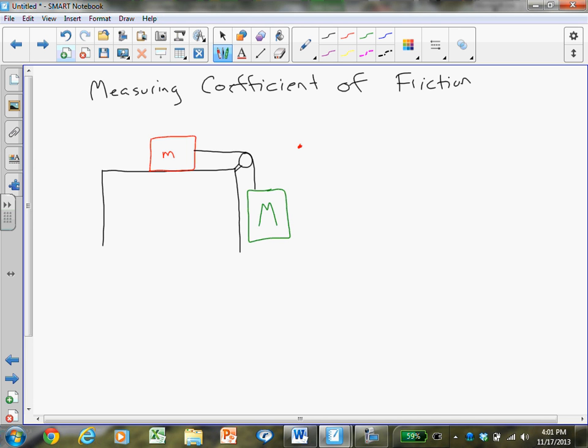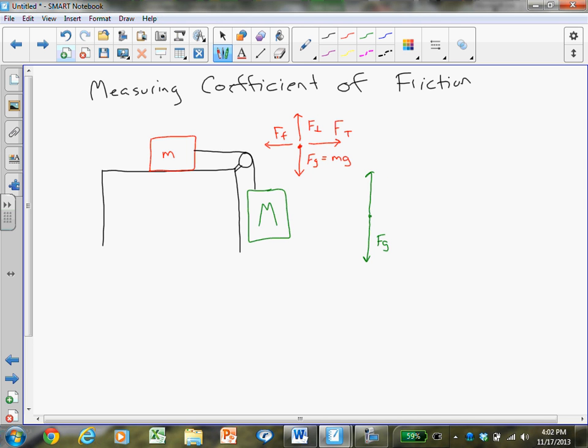And that would have a weight force, right, down, Fg for it, which would equal mg. And it would have F perpendicular up, which would be equal and opposite to Fg. It would have the friction force on it, Ff, against its motion. And it would have a tension force, Ft, from pulling on the rope. Now the green one would just have two forces. It would have Fg